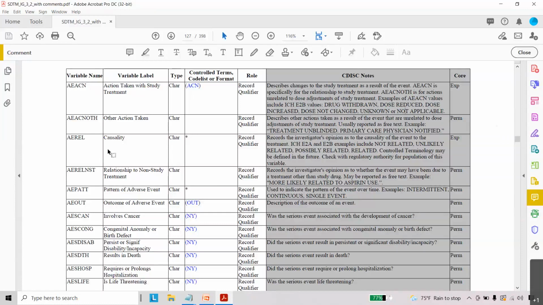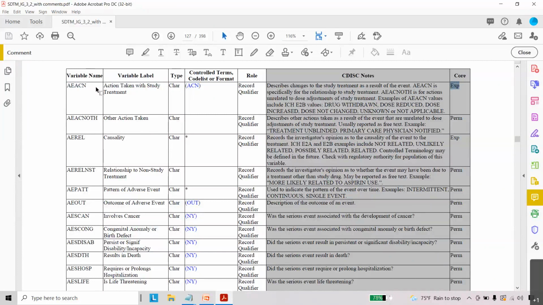And we have another variable called AEACNOTH, other action taken. So if you see here, the AEACN variable is the expected variable. You may see sometimes the variable value might be missing, meaning we don't know what the action taken is, or you can see some values like drug withdrawn, dose reduced, dose increased.